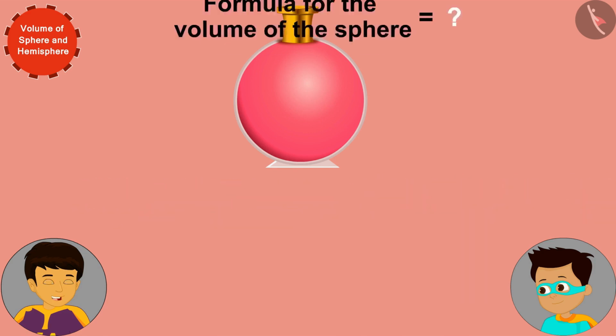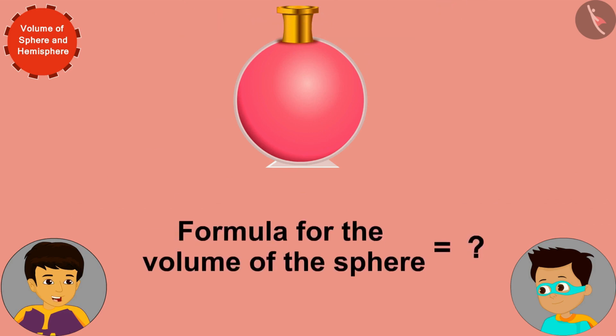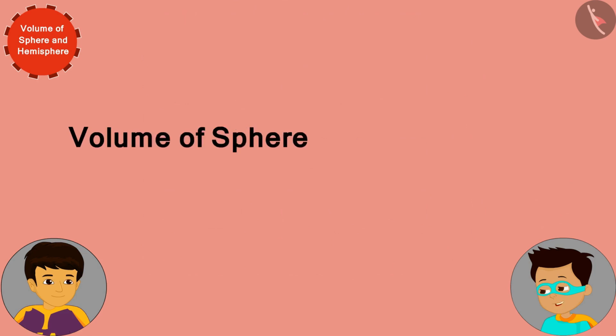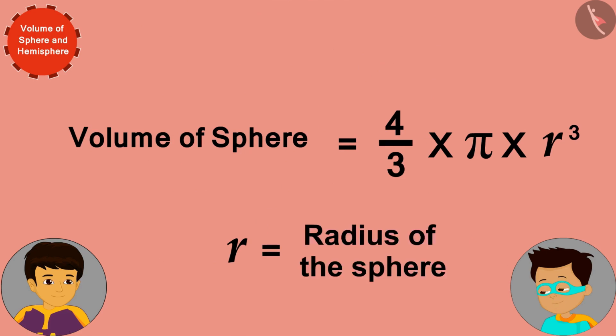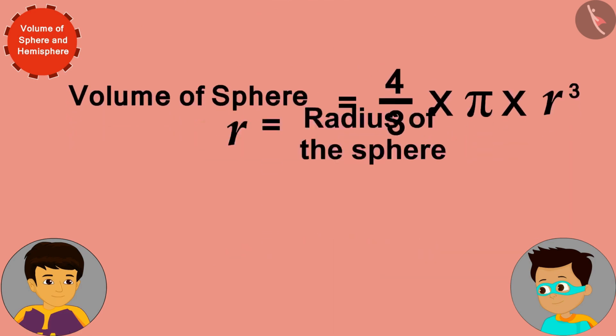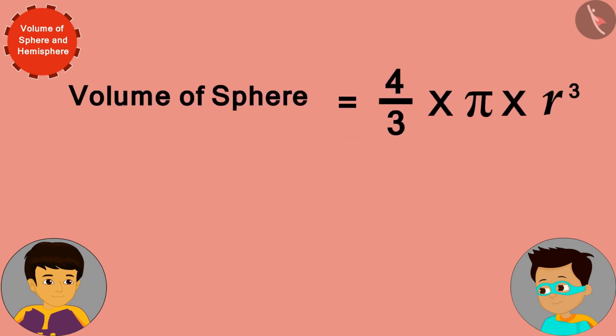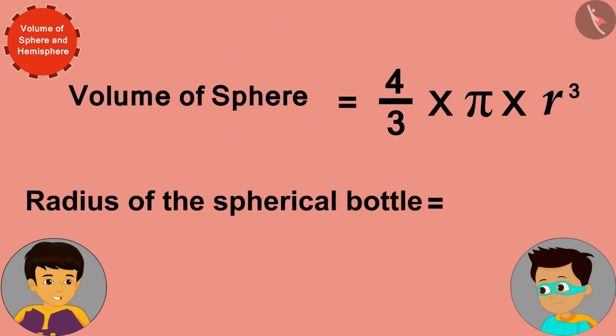Do you remember the formula for the volume of the sphere? Absolutely. The volume of a sphere is equal to the product of 4 by 3, pi, and r cubed, where r is the radius of the sphere. Well done, Thomas. Now, to solve this, just replace r in this formula by the radius of the spherical bottle, 4.9